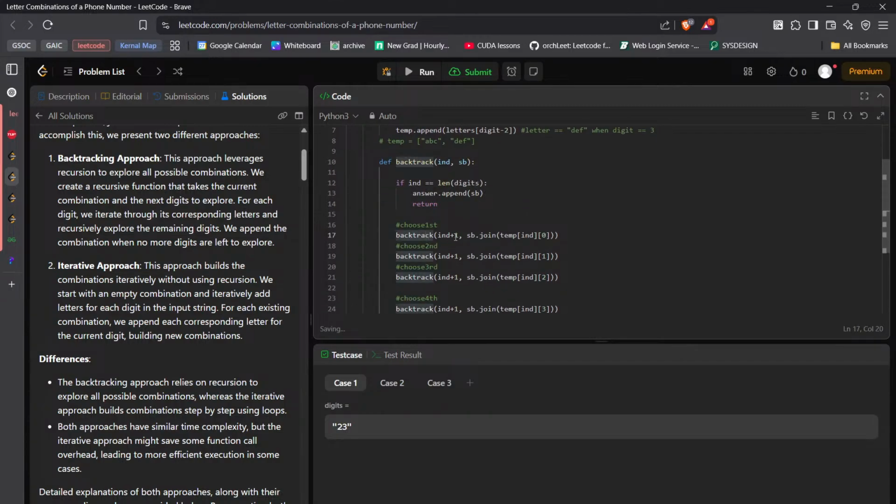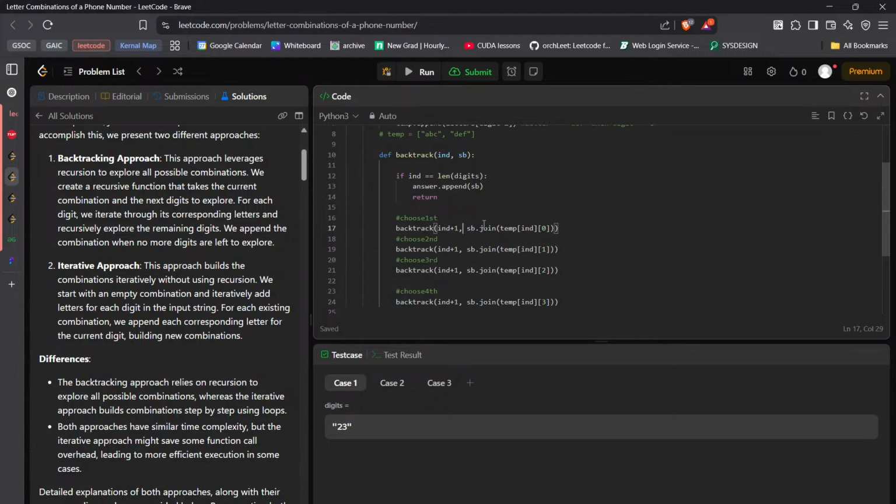Otherwise I'll choose this once. Oh, wait a minute, I'm choosing it, but after this function runs, what will happen? This function will go in this and it will increase the index by 1, right? But at the same time it will run the others, right? I don't want that. So